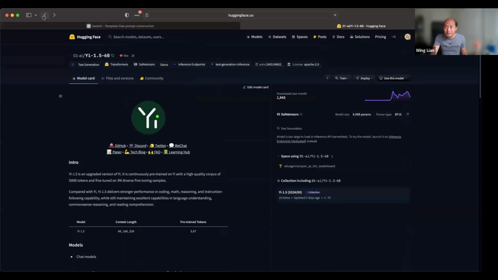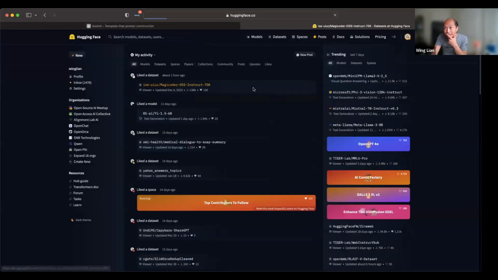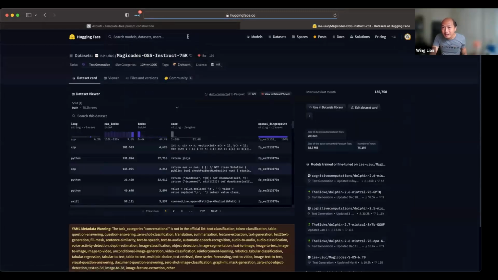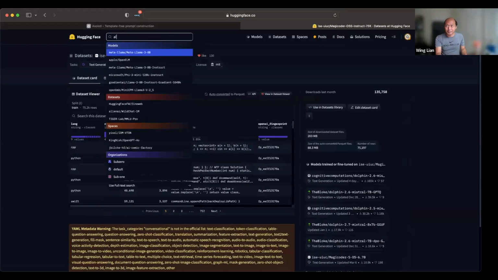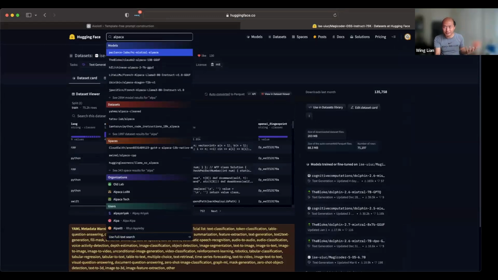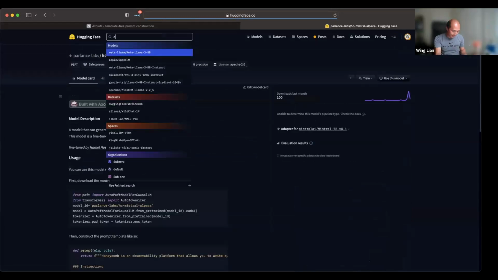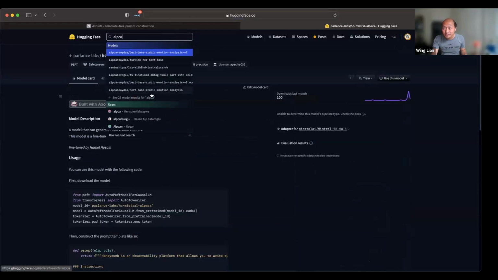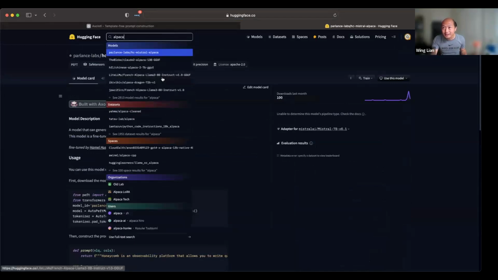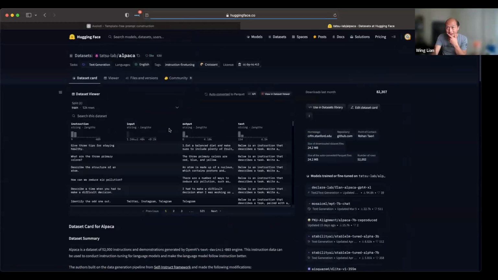Yeah. So let's start with the sort of more classic format, what came out last year: Alpaca. We look at alpaca data sets. I like to use this one.